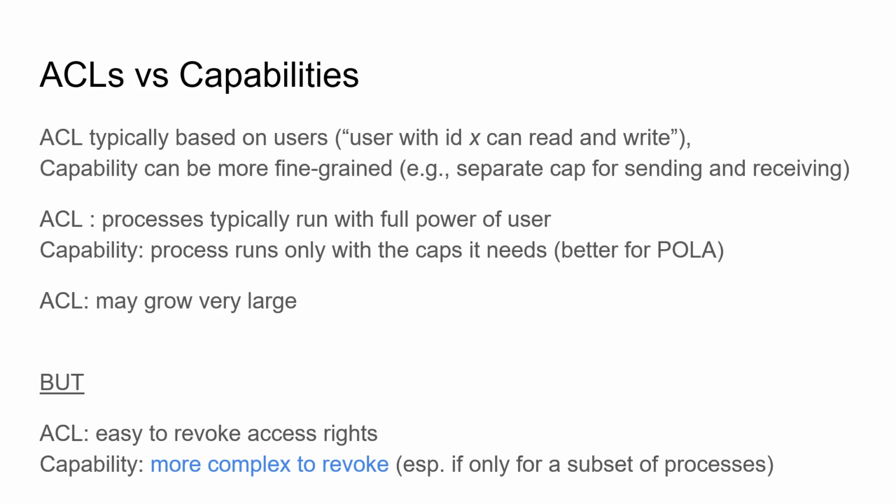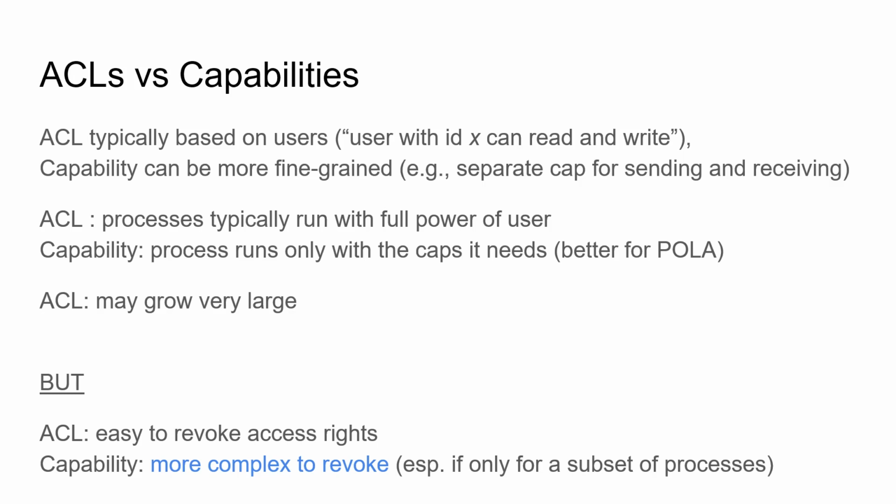The capability is much more fine-grained, and you just give a process the capabilities that it requires, which is much better for adhering to the principle of least authority. And finally, if you have a lot of users and a lot of resources, you might get very large access control lists. So all of this indicates that perhaps capabilities are superior to access control lists, but it's